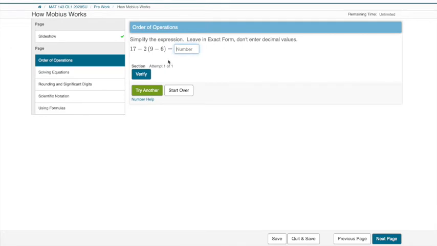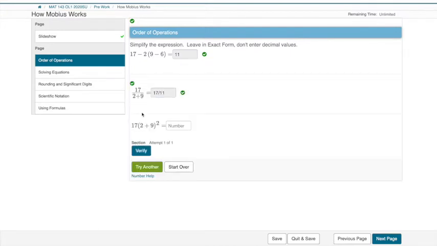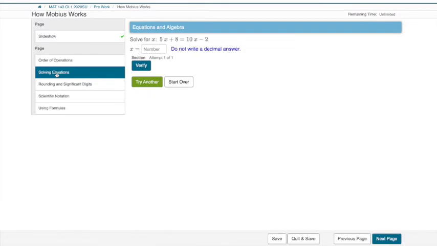So there's questions here you have to answer. So this is 3, -6, so that should be 11. And you can verify. And if you get it wrong, you can always hit start over or try another. So I got that one right. So this is 17/11. And the numbers will change automatically, so they're not always the same. And once you get them all correct, it'll give you a green check, and you can move on to solving